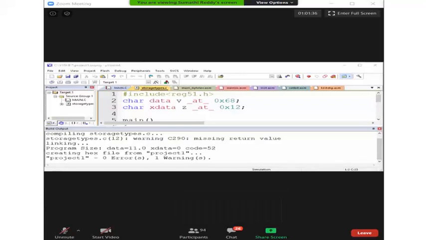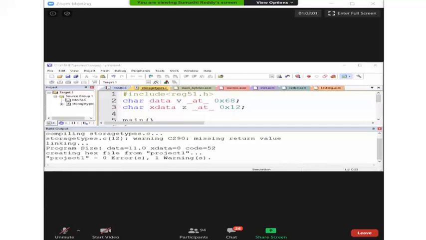This is all about the pointers. Is it clear with generic and memory specific? Note down these points. Generic pointers in the C51 compiler are of 3 bytes. A memory specific pointer can be of 1 byte or 2 bytes, based on whether the pointer is pointing to internal RAM or external RAM.